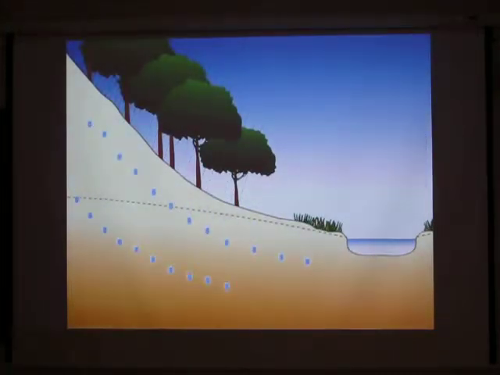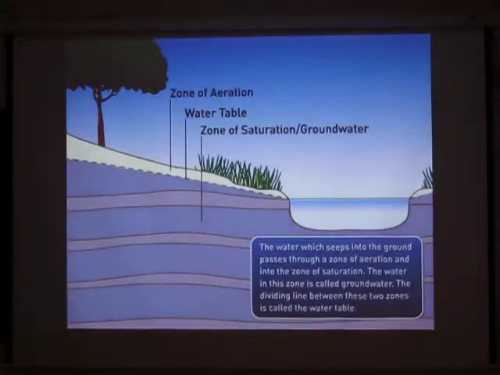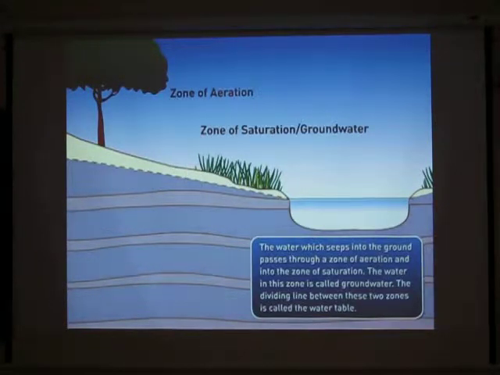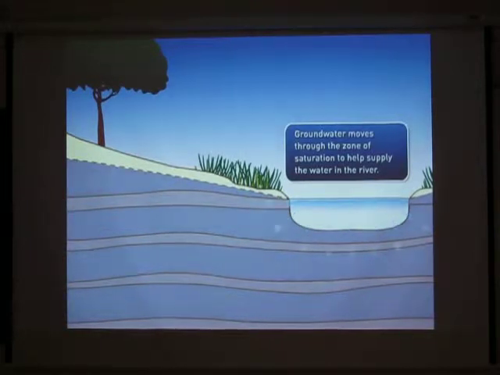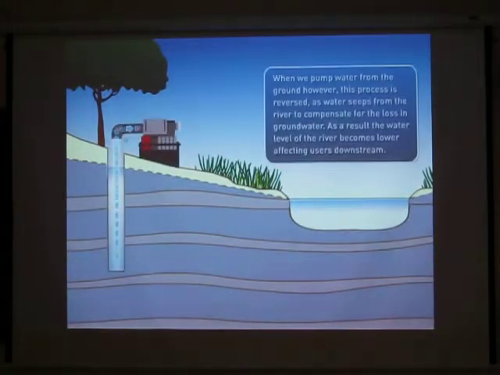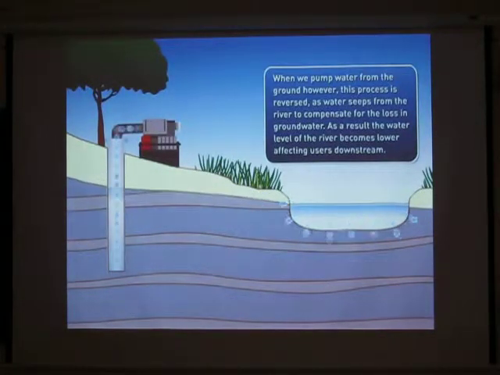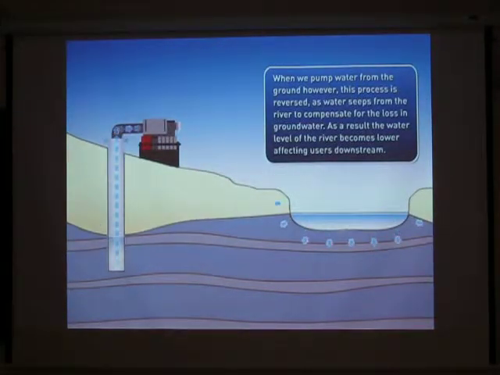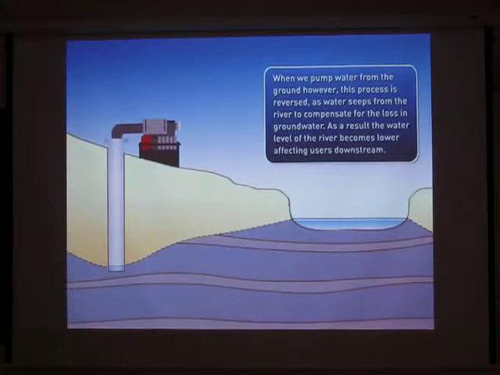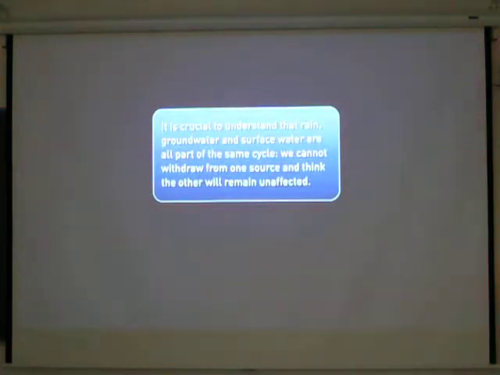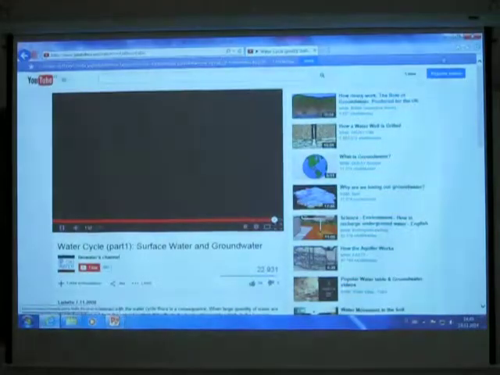So the main source of groundwater is precipitation. And this is one kind of connection between surface water and groundwater. And this is the process of water pumping, how it affects the level of groundwater, and then after many years how it affects the surface water. And the second one,